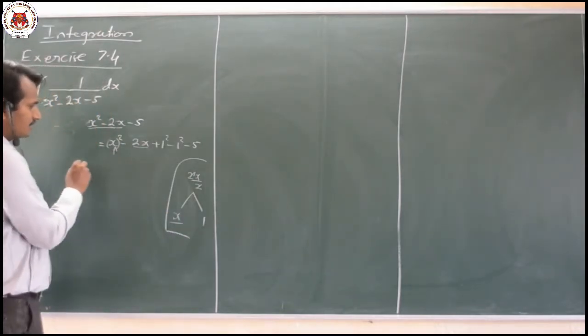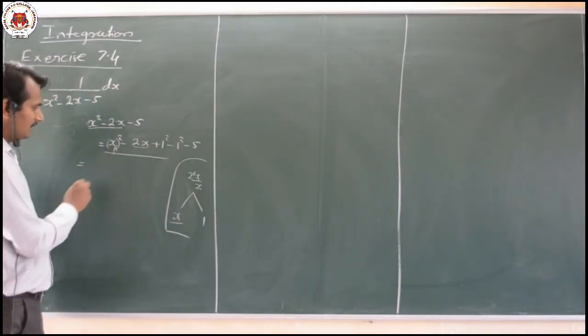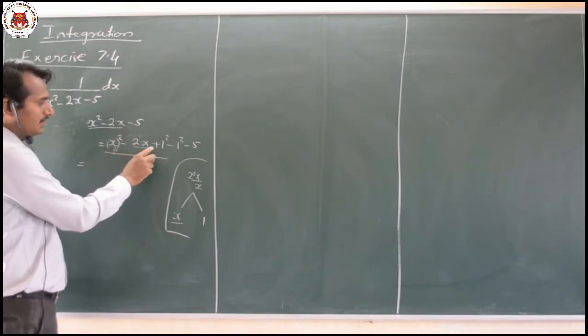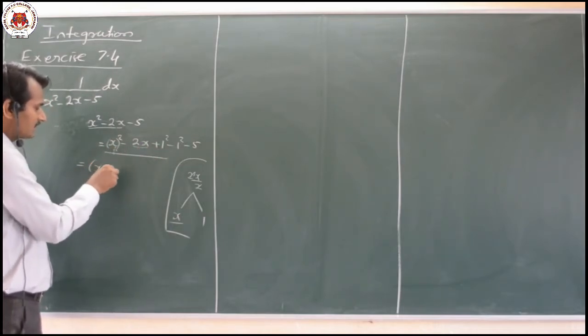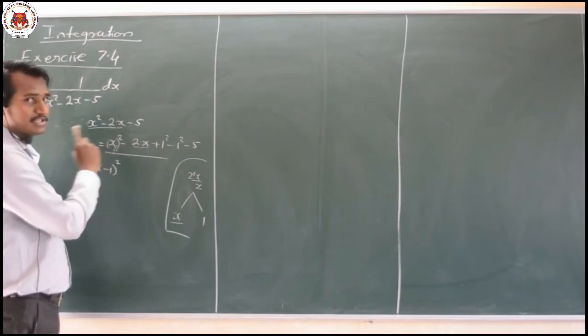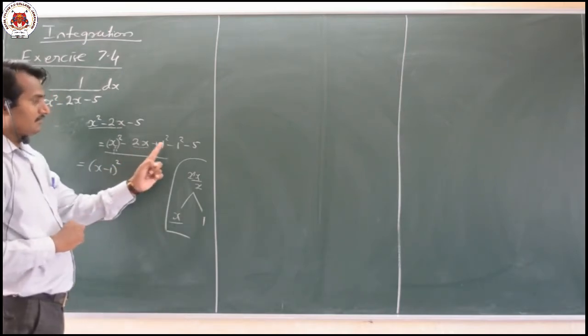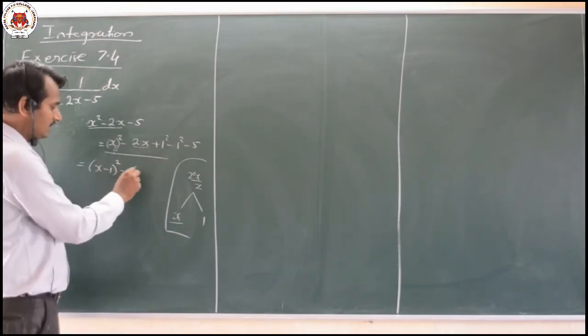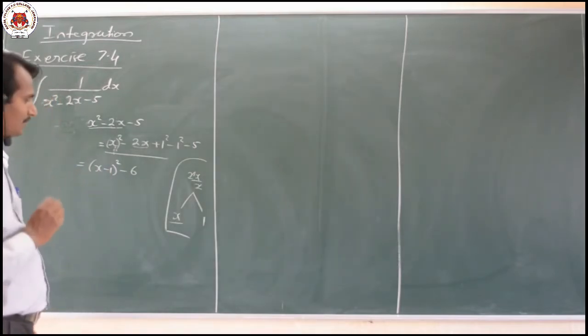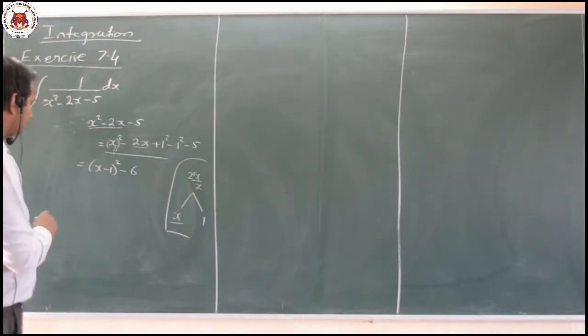Then this whole thing reduces to a square minus 2ab plus b square, that is x minus 1 whole square. The underlined portion is x minus 1 whole square. Then minus 1 minus 5, that is minus 6 here. That is a very simple problem. Now how can we write it here, therefore